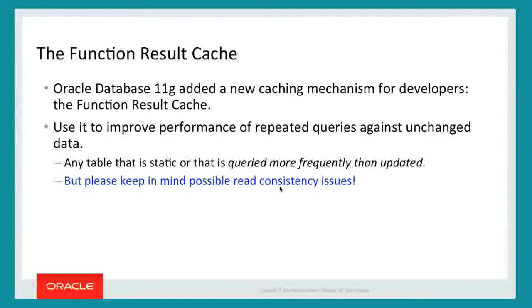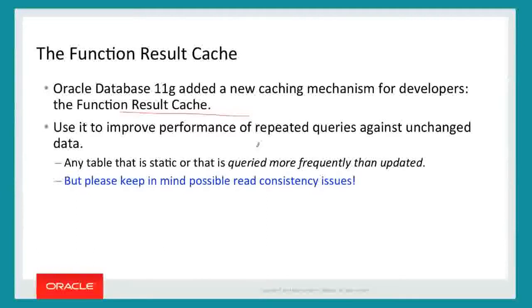And we pay a price to go through the SQL engine to get to it. But if I put that query inside a function and result cache it, then I can avoid going back and getting that data again and again because it's already been fetched and it hasn't changed. And so it can give you some significant improvements in query performance. You can also have a complex application configuration value that you want to execute just once and then cache it so you don't have to repeatedly execute it across your database instance.